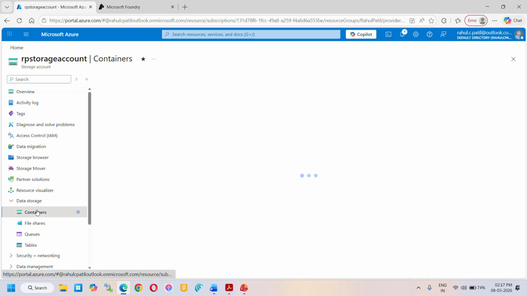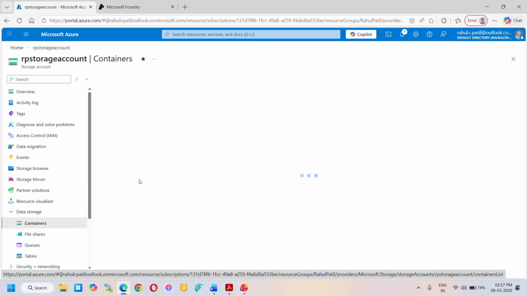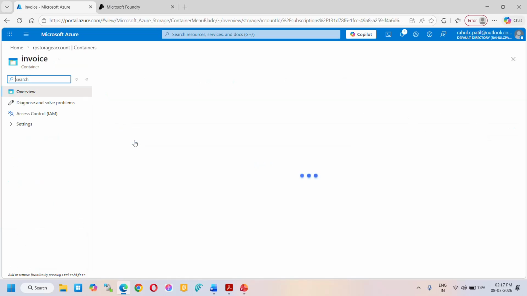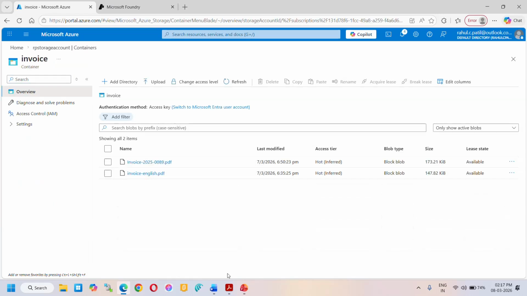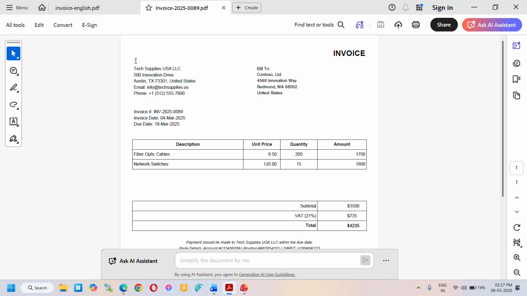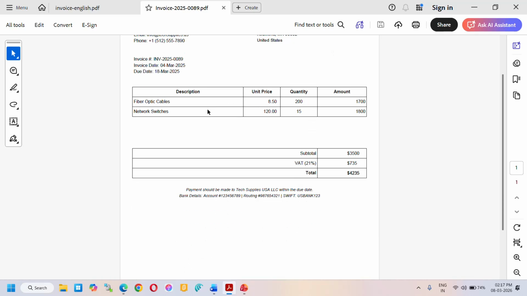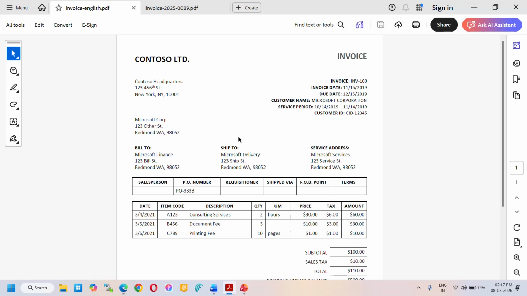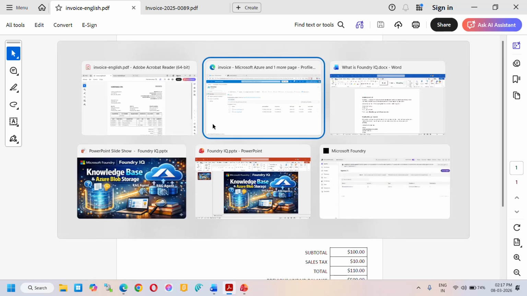Here I have created a container called invoices and I have uploaded a couple of invoices here. So I'll show you the invoices quickly. So these are dummy invoices, where we'll be deriving the information from these invoices. Now moving on to the